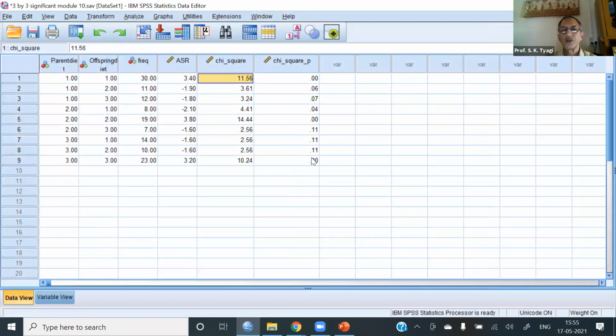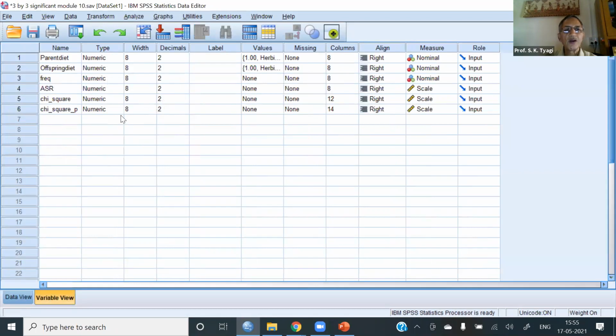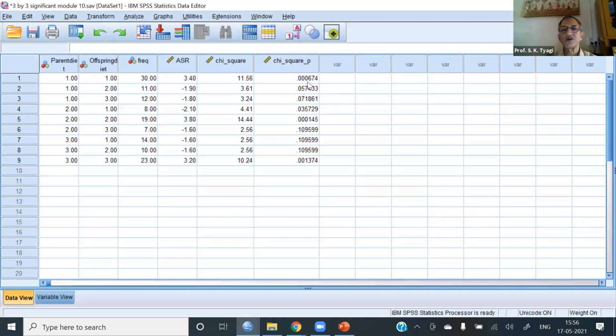These are the p-values. They have been rounded up to 2 places. Make it 5 places from here. P-value, instead of 2, have 5 or 6. Let us have 6. So this will show up to 6 places, because we want to multiply by 9. We want to be accurate. So now next and last step is, these are the p-values. Say this is ASR. Okay, we wanted its p-value. So these p-values are these.